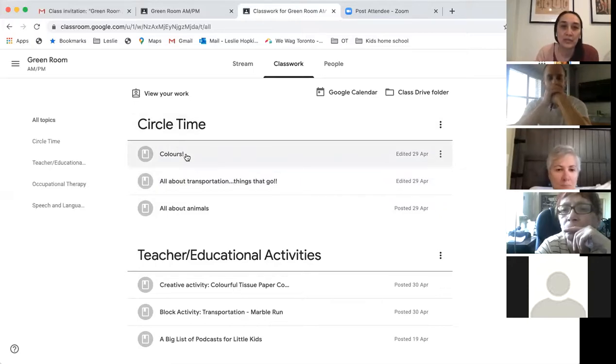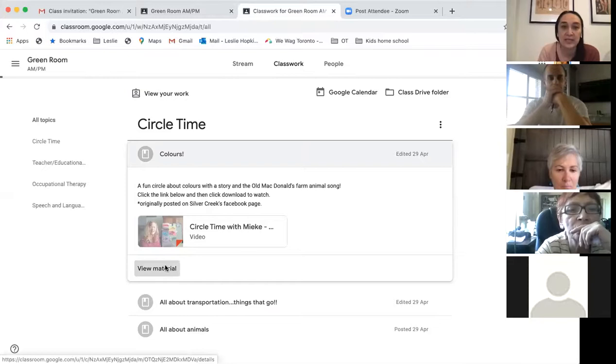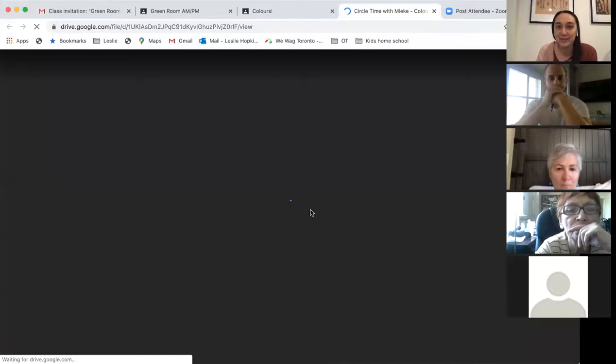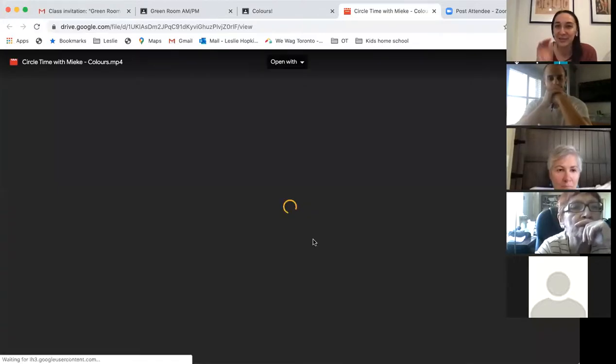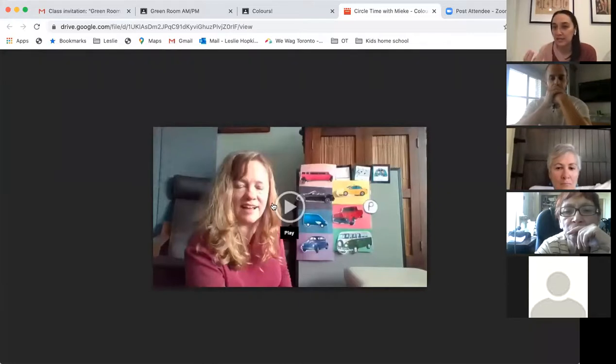So you can go in and we'll take a look at colors. It will tell you a little bit about what it is: a fun circle about colors with the story of Old MacDonald. If you want to see it, you can click on it, and then Mika will come up and do a lovely circle about colors, which you won't be able to hear because I'm on my AirPods, so I can't share the sound with you. But you'll be able to view the circle at any time, because sometimes parents can't access the live videos on Facebook at specific times. So this is a great way for you to access them